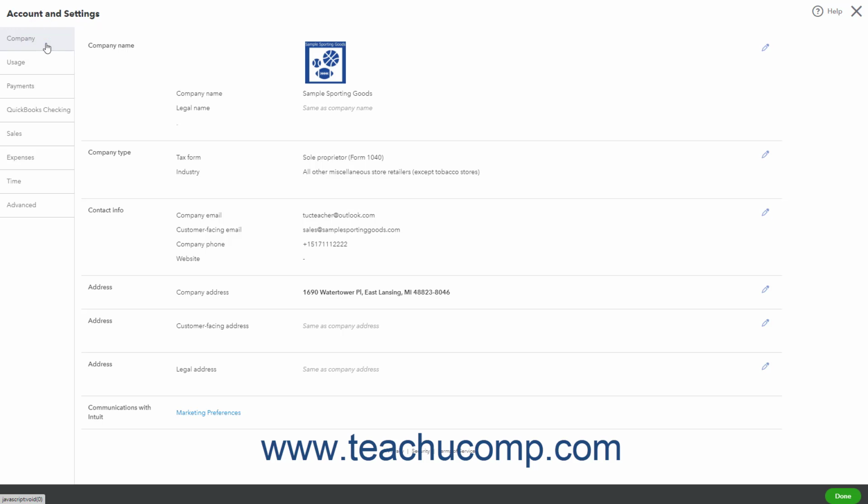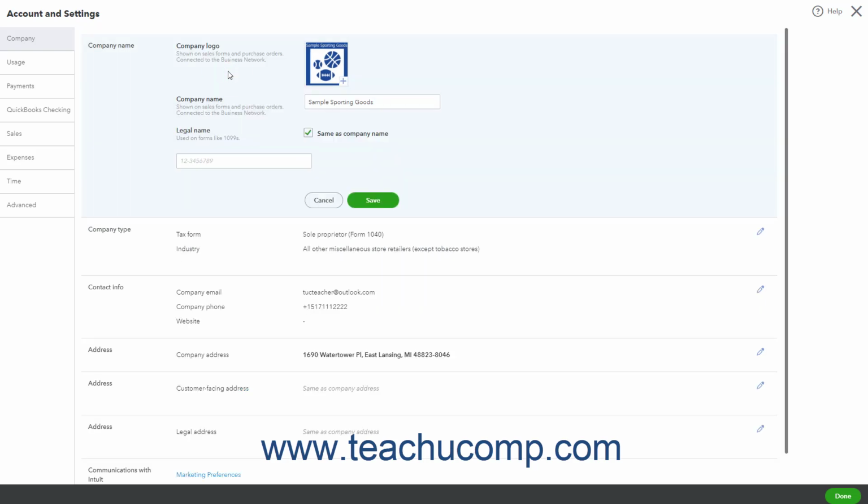The Company Settings category contains settings in different sections that let you change information like your company's name, email, or phone number. To edit the individual settings in each section, except the Communications with Intuit section, click anywhere in a section to activate its settings. In the Company Name section, you can add a company logo, edit the company name, enter a legal name, and